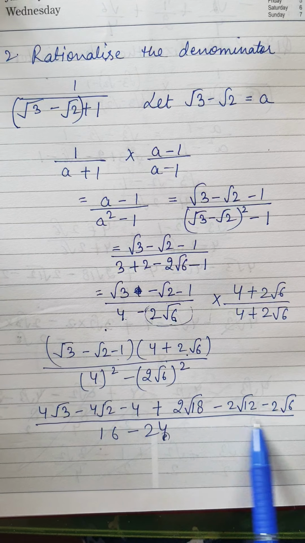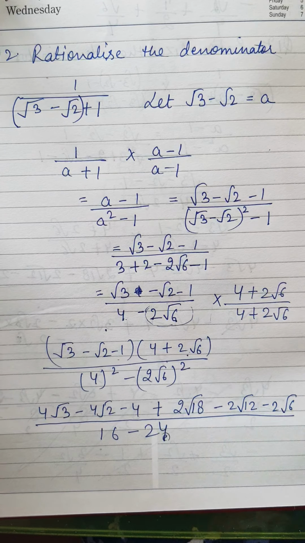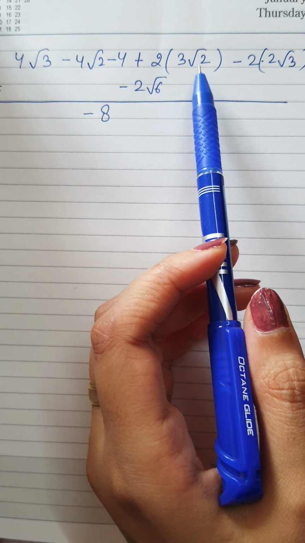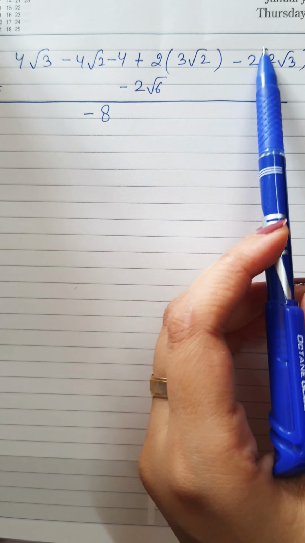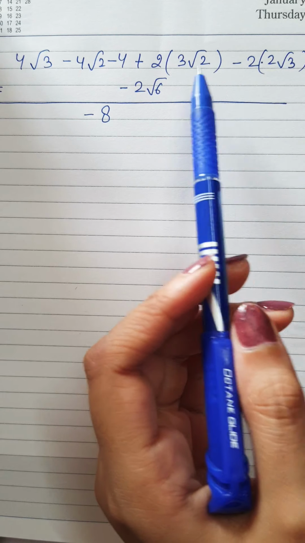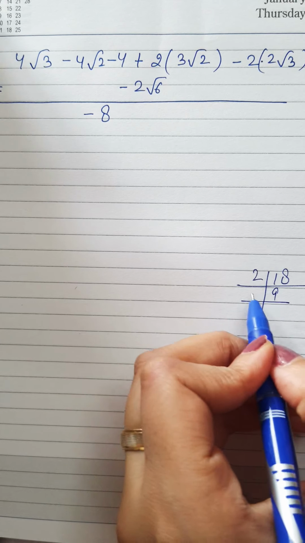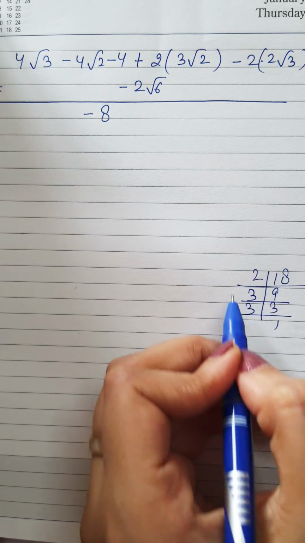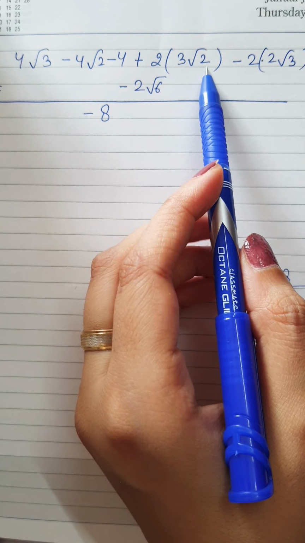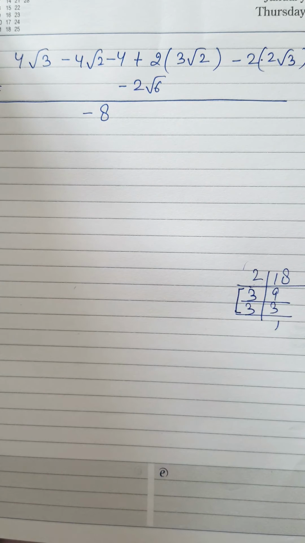Now we will simplify the like terms, or first let's open up root 18 and root 12. Okay, now in place of under root 18 I have written 3 root 2 and this is root 12, 2 root 3. Generally all these things are done by prime factorization. One I can show you, under root 18. So 2, 9, 3 and 3. Since this pair is complete, this will come out. Incomplete pair will remain inside. Same for 12. We will do the prime factors of 12. So you will get 2 root 3.